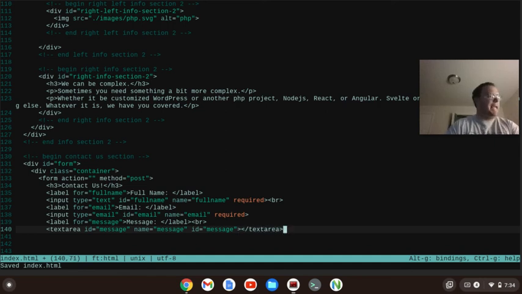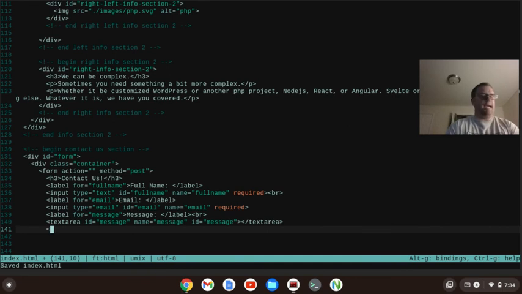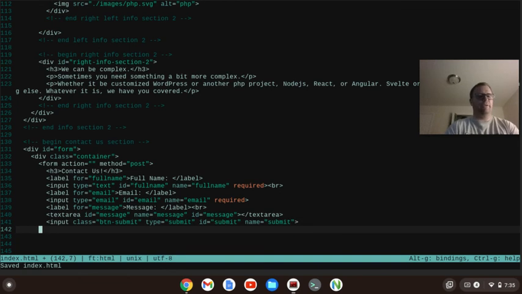Okay. And after that, we're going to have our button. So we're going to have an input class with btn-submit is what I'm going to make the class. Now I only have one button in this, so I could just have btn. Type is going to equal submit. ID equals submit. And name equals submit. Submit. All right, and then we'll close out our form,